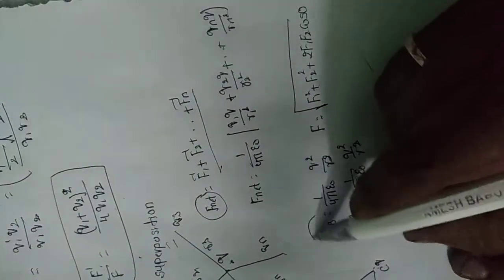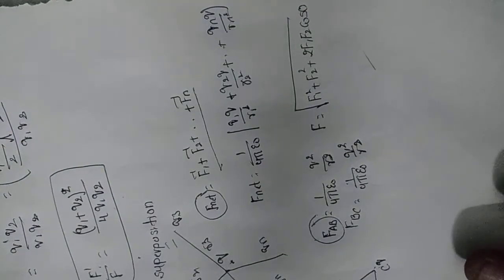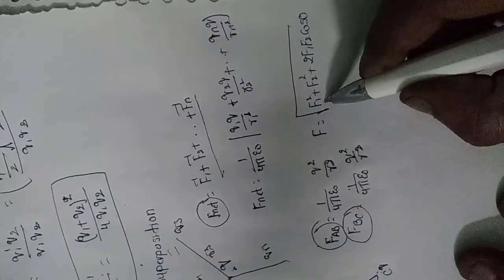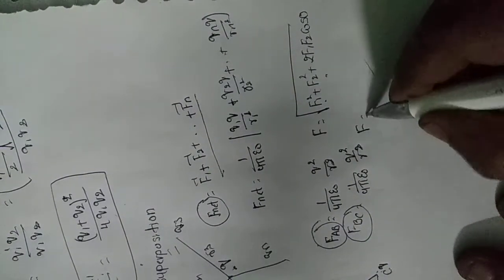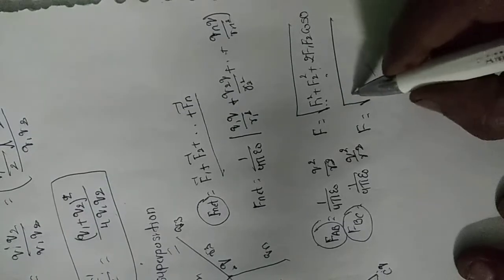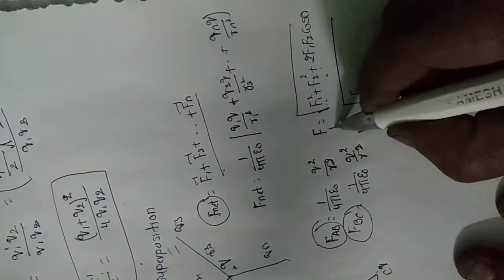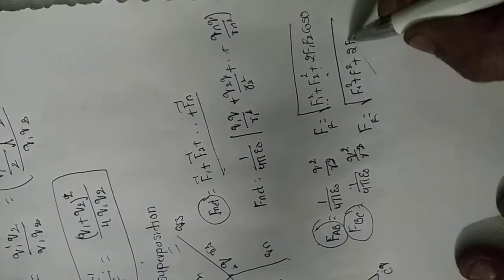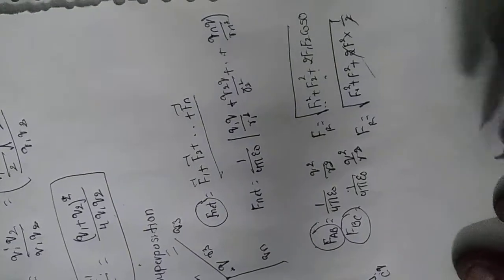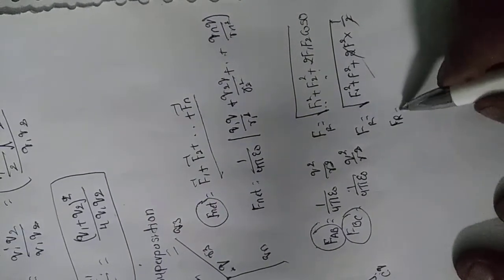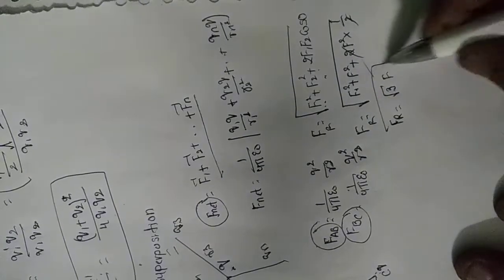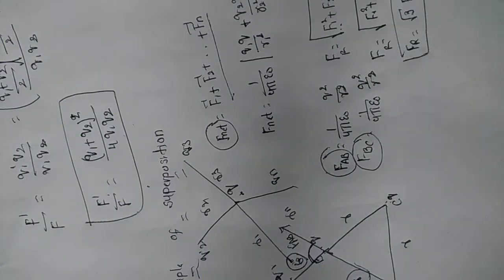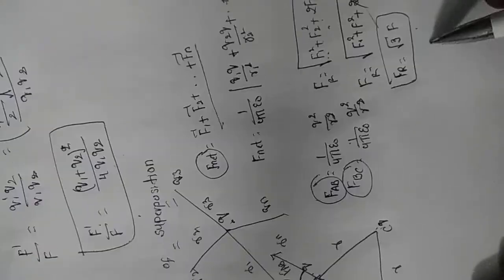Here if you observe, FAB is equal to 1 by 4 pi epsilon naught Q square by R square. FBC is also equal to what? 1 by 4 pi epsilon naught Q square by R square. F1 is equal to F2. So what can you write here? F1 equals F2, let us take that as F. This is the resultant. F square plus F square plus 2 F square cos 60, which is 1 by 2. 2 cancels. How many F squares are there? 3. So what is the resultant force on any vertex? On any vertex, either A, B, C, anything you take, it is root 3 F.